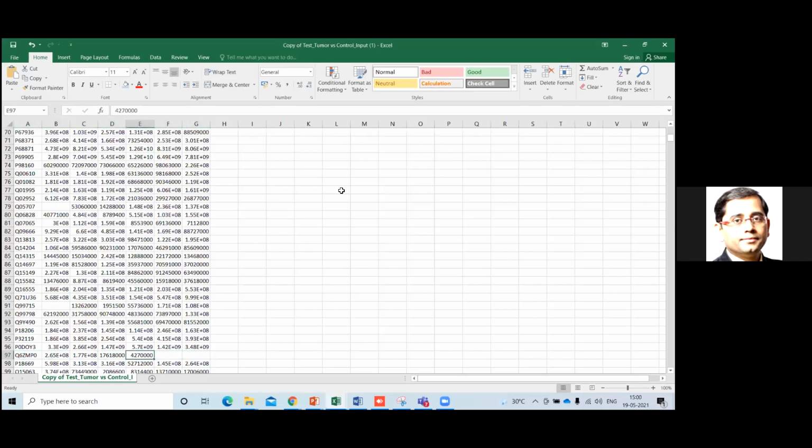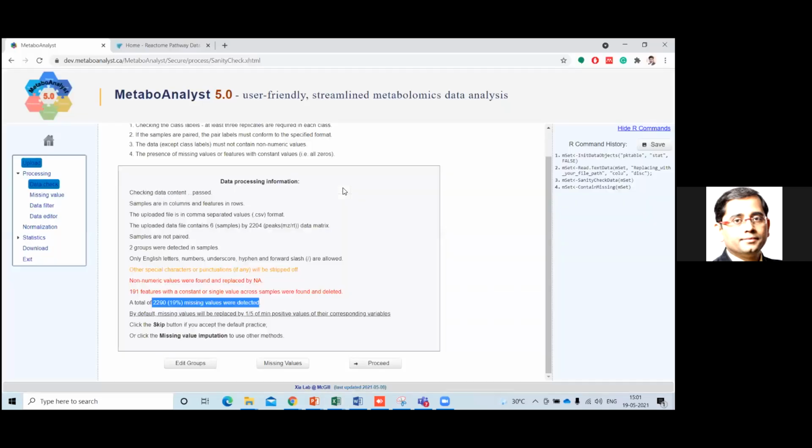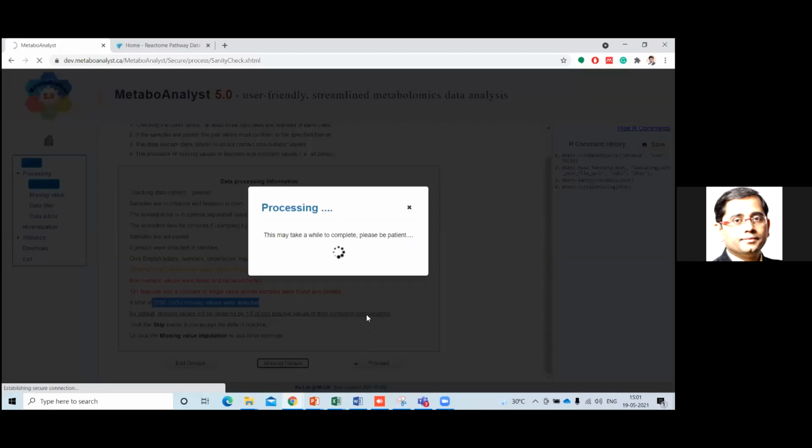That means these particular proteins have no values over here. These are 0, right? The next thing is that we cannot go ahead with any statistical analysis with missing values. So we now have to include the missing values over here. For that, please click on the missing values part.